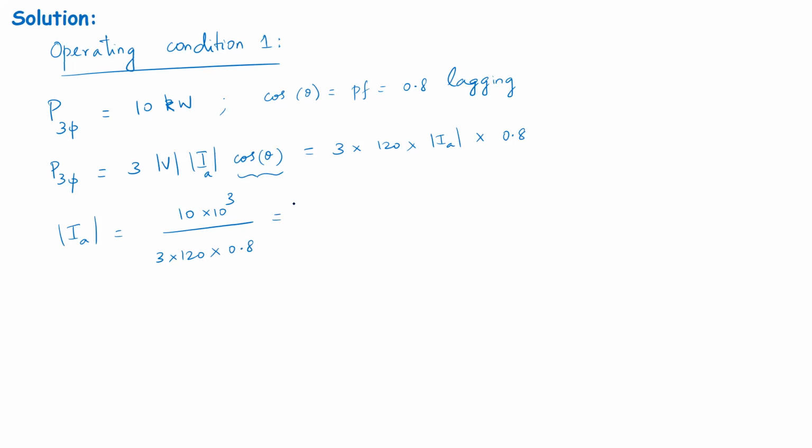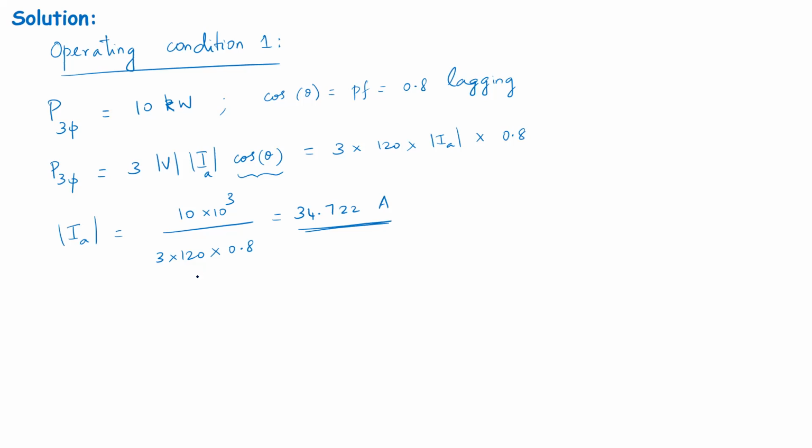So let me quickly solve this for you. If it were a face-to-face class, you would have done all these calculations. I'm a bit unfortunate in that sense. Now that I have to do all the calculations, I hope I don't make a mistake. You can always check this. So this is 34.722 ampere.